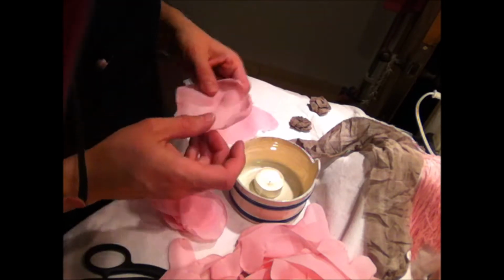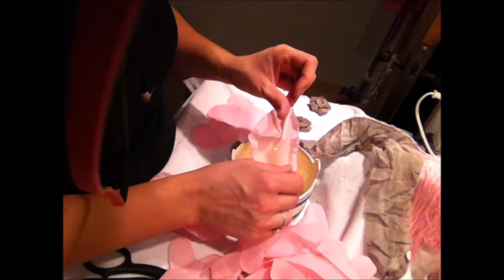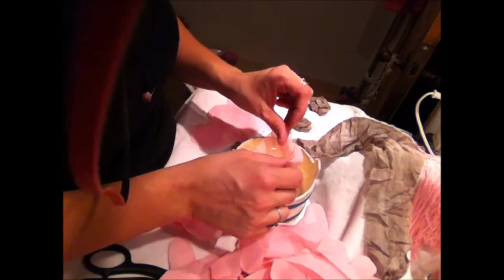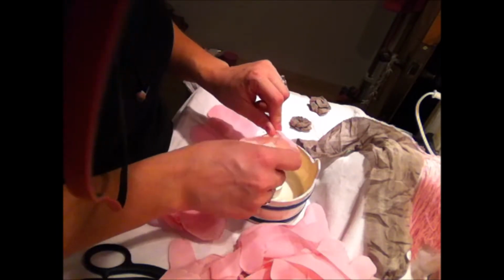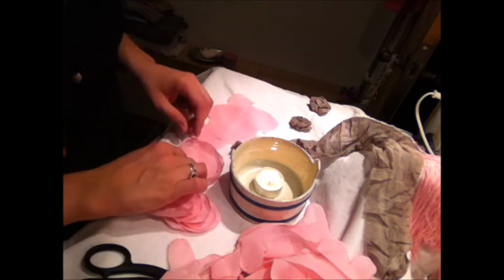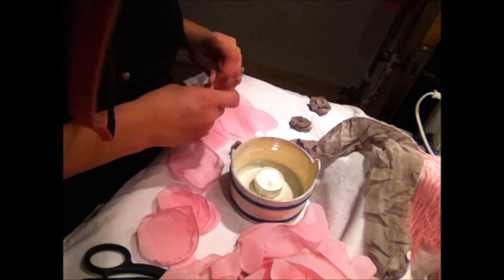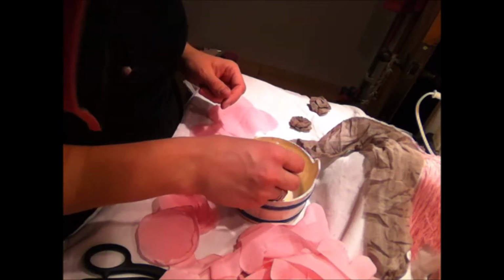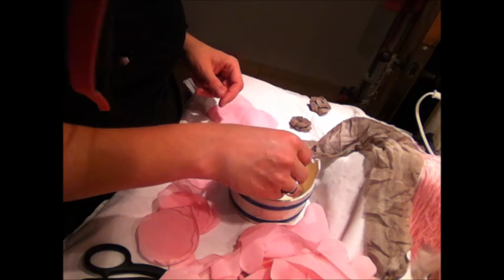This one is so big, so I always do this, and I move it so I don't make a hole in the middle, but I still get it to curl a little bit. It's just easier for me to control it like this, and it's very, ouch. So I just want to see if I have enough big ones. Not a couple more. I could have used